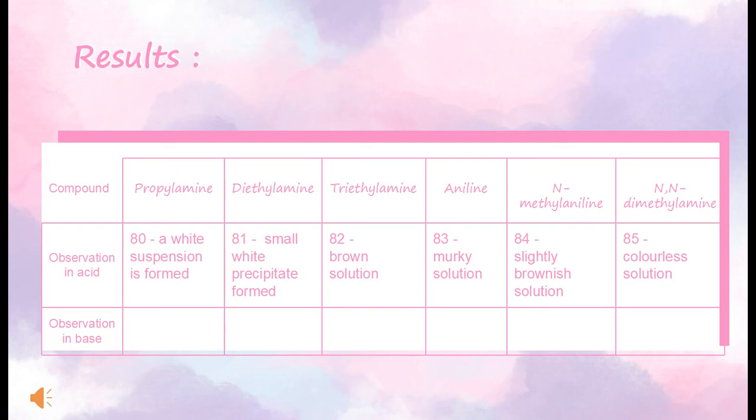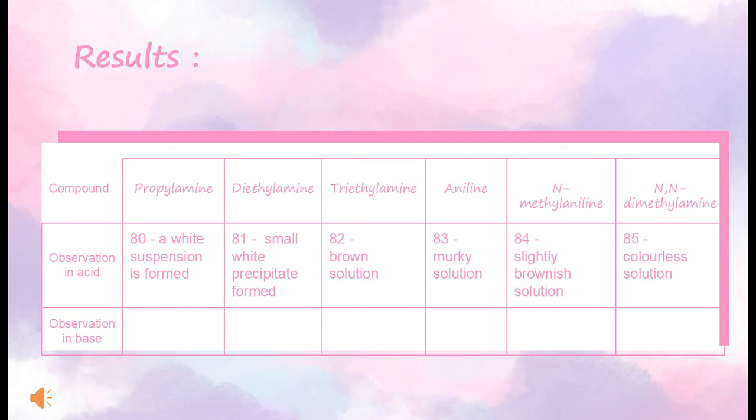Diethylamine, I put clip 81, and in that clip I observed a small white precipitate form. And then the next one is triethylamine. I chose clip 82, and what I observed from that clip is a brown solution. And then compound number 4, which is aniline, I chose clip 83, and in that clip what I can observe